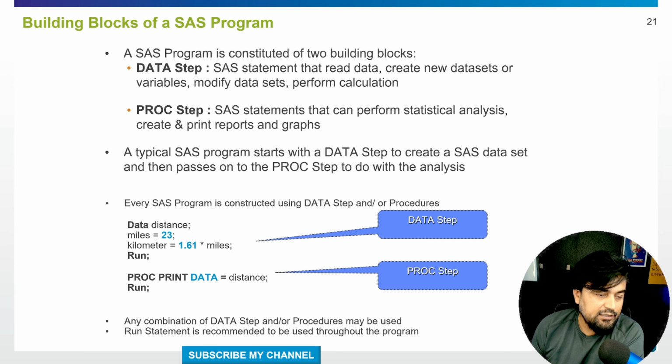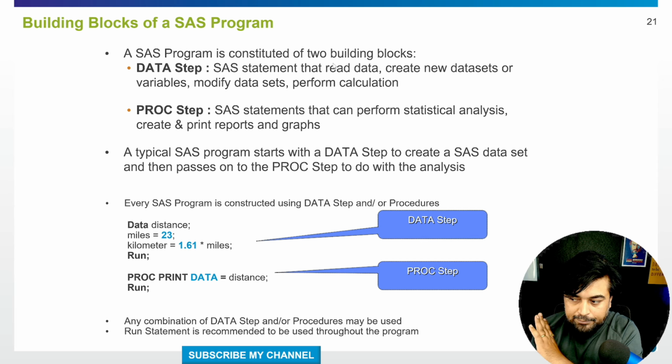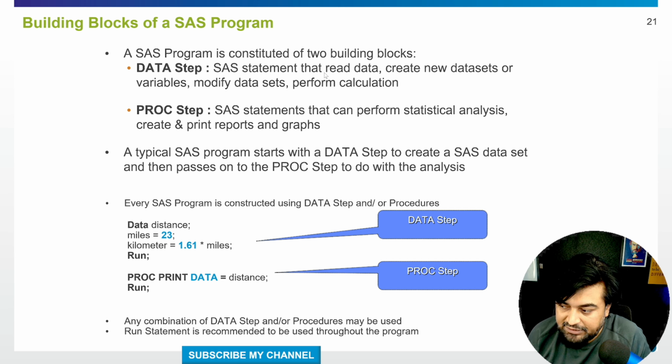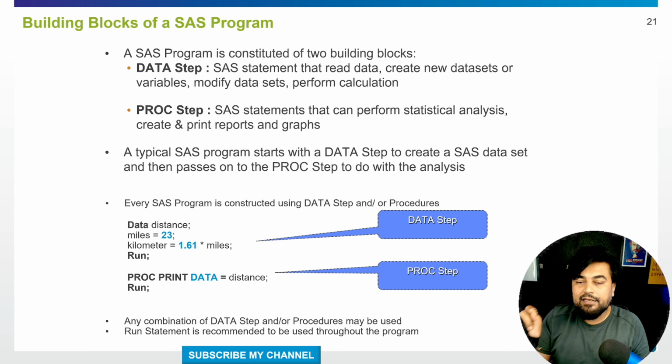Now let's talk about the basic building blocks of a SAS program. One is your data set. You already know that. Okay. So now let's talk about the second one. So a SAS program consists of two building blocks. Number one is the data step. Okay. Data step and data set are both different things. Okay. SAS statements that read, create a new data set or variable, modify, perform calculations. Everything is done inside that. So just creating a data set does not mean that the data set is the data step. Data step means inside the data set, you would be doing so many manipulations, so much juggling, so many transformations,